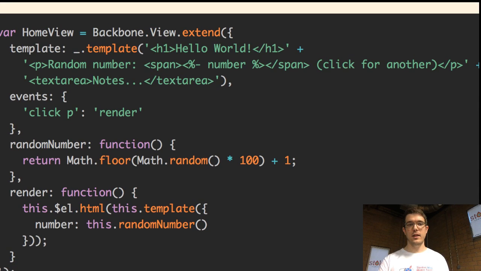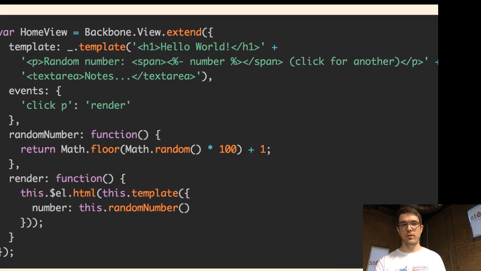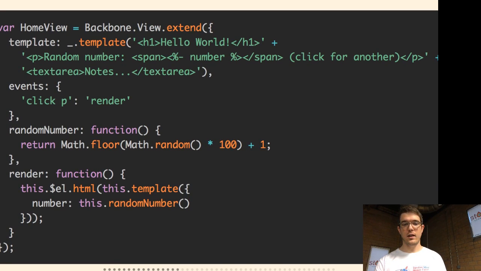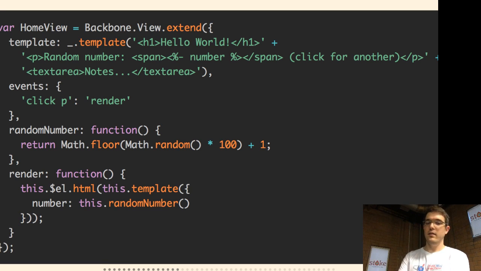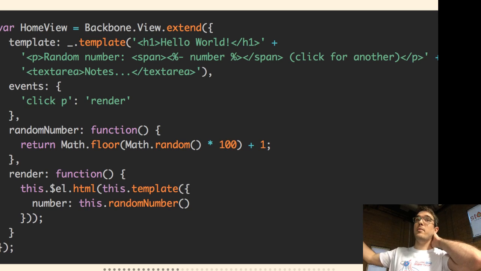You have a lot of extra code. You have a lot of manual manipulation of the DOM that's going on. So you'll notice in here there's this.element.html. So we're setting the HTML directly